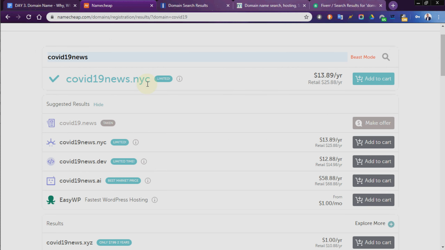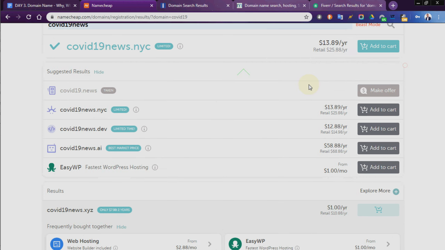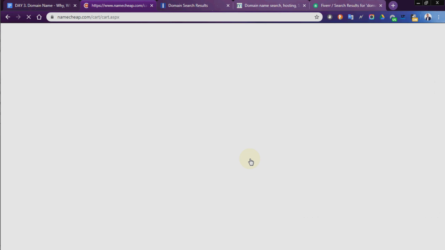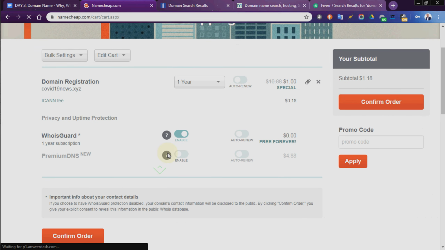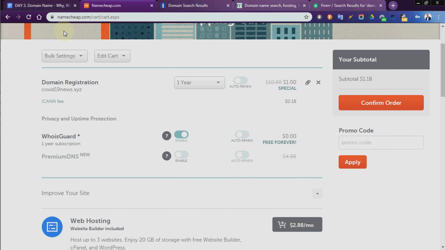So we have this here, news.net. So XYZ, this one is just $1. That's this. So let's add this to cart. Okay, so view item, just like buying online. So check out. So on the checkout menu, you can either, so this is free, that's why I prefer getting it from